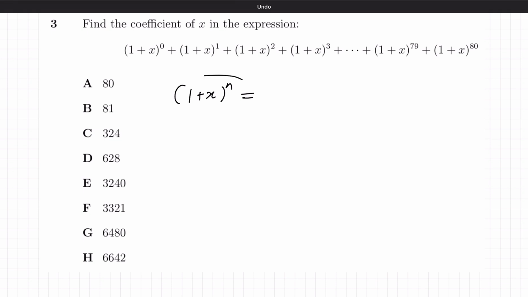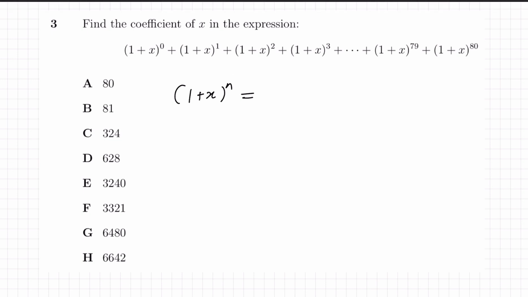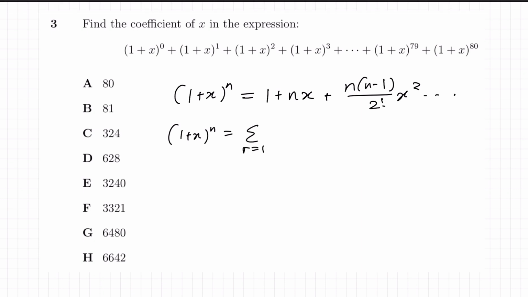If you don't know, when you expand out this bracket into its Maclaurin series, you get an infinite series, which also happens to be the binomial expansion. It goes 1 plus nx, n(n minus 1) over 2 factorial x squared, on and on like that. And for positive integers, this can actually be proved to be the same as the binomial. You'll see if we expand this out using the classic summation style binomial,